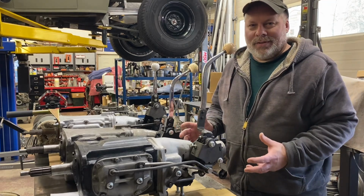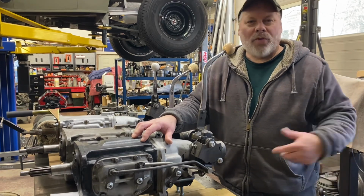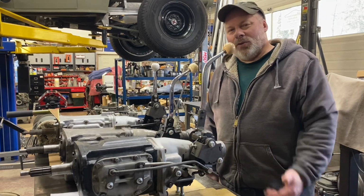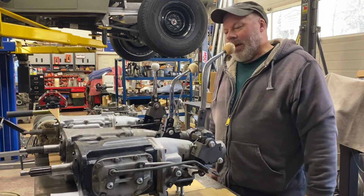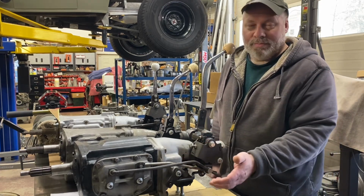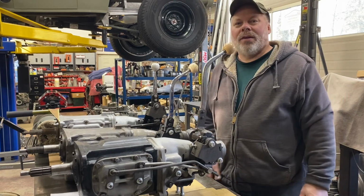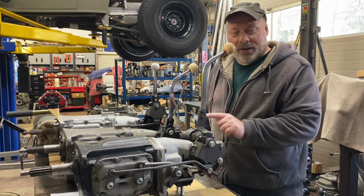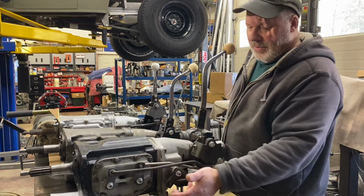Speaking of unusual, this is an early BorgWarner T10. I picked it up a while back in a trade. I traded it away. I got it back in a trade. Wasn't going to do much with it, but I've been messing around with shifters in my spare time because it's a hobby of mine, if you will. And in all the years of making solid rods with rod ends, I've saved all the often new old stock linkage pieces, so I have enough to assemble shifters. So I decided to take a fairly new but slightly used offset console type shifter and find the correct arms,